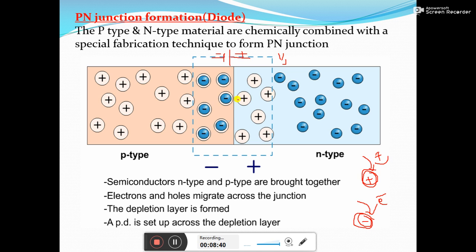And the third one is temperature. This is completely temperature dependent. With each degree Celsius rise in temperature, the barrier potential decreases by approximately 2.5 millivolt per degree Celsius, meaning the depletion region tries to decrease whenever there is an increase in the temperature. Totally, Vj depends on four factors. The very first one is the type of semiconductor, the second one is the concentration of the doping level in the n type and the concentration of doping level in the p type, and the third one is the temperature.